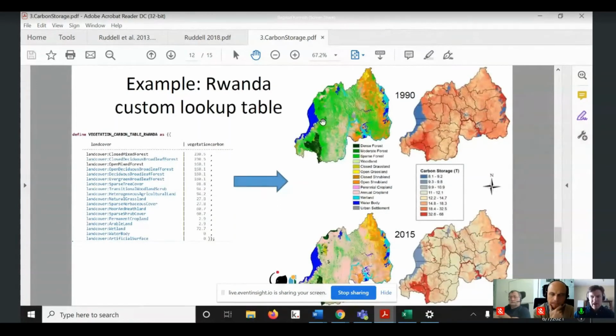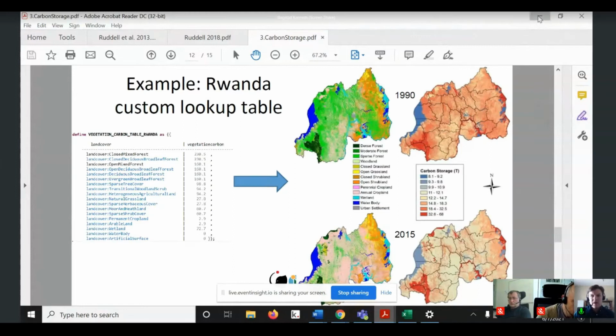So we see change in carbon storage in Rwanda from 1990 to 2015, and you can see actually lots of conversion from forest to agricultural systems, so a fair bit of carbon storage loss outside of the protected areas and the wetlands, which are showing up as these red hotspots in 2015. So quite a bit of landscape conversion here, and the effects of that we've been able to model in Aries. That is actually all I want to show for slides.